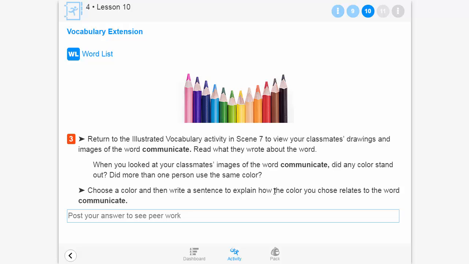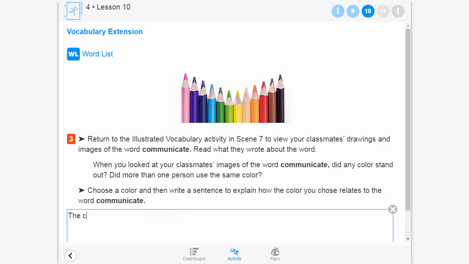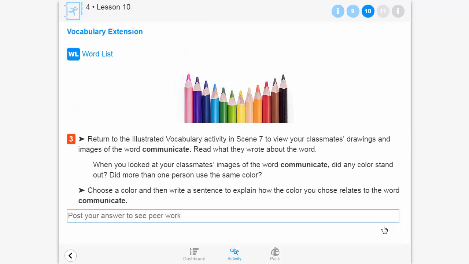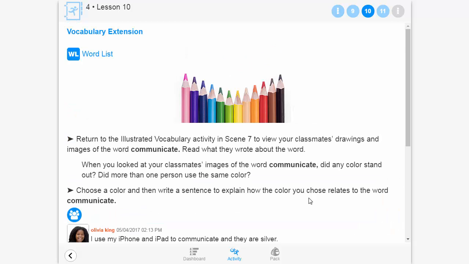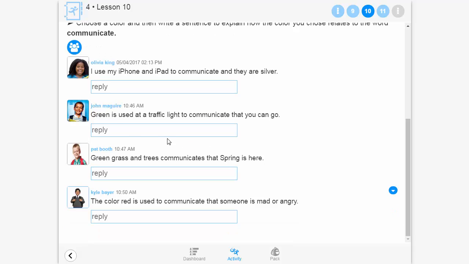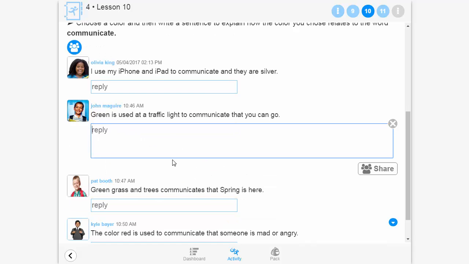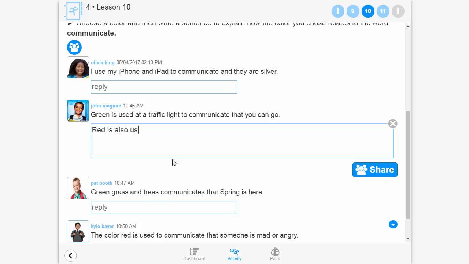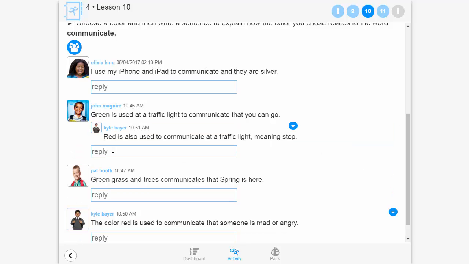In the vocabulary extension activity, students focus on one key academic word from the lesson. The writing they do is shared with their classmates, allowing students to interact with one another as they demonstrate their word knowledge. In this example, students associate a word with a color and explain in writing how the word relates to that color. This activity strengthens semantic connections so that students remember the word and its meaning long after they